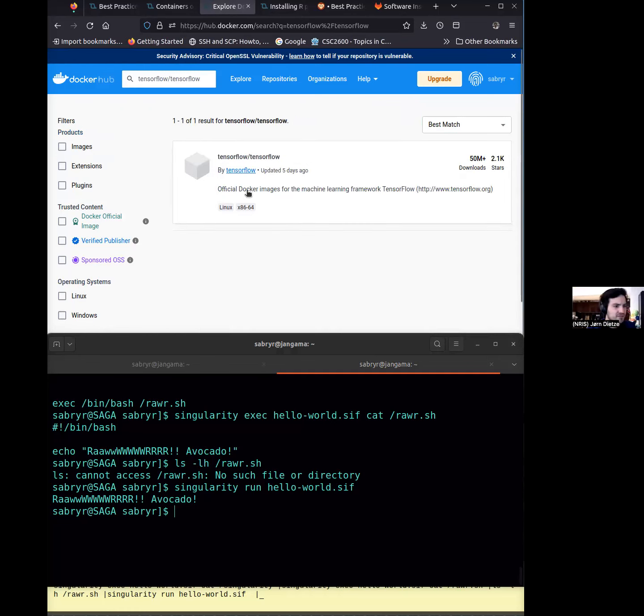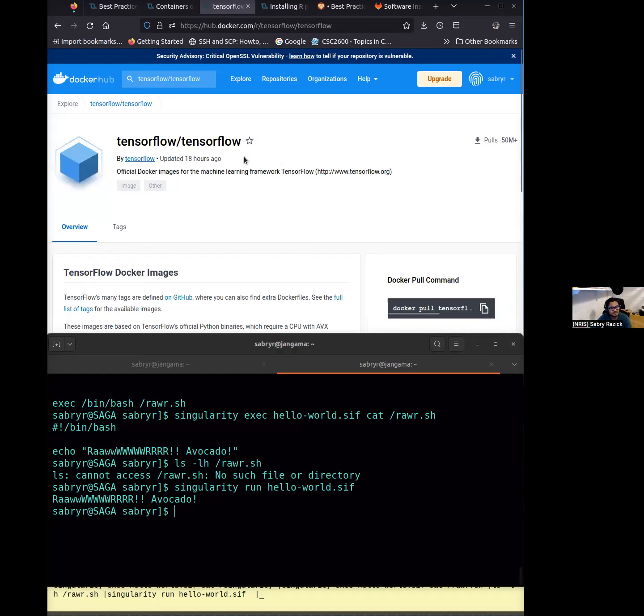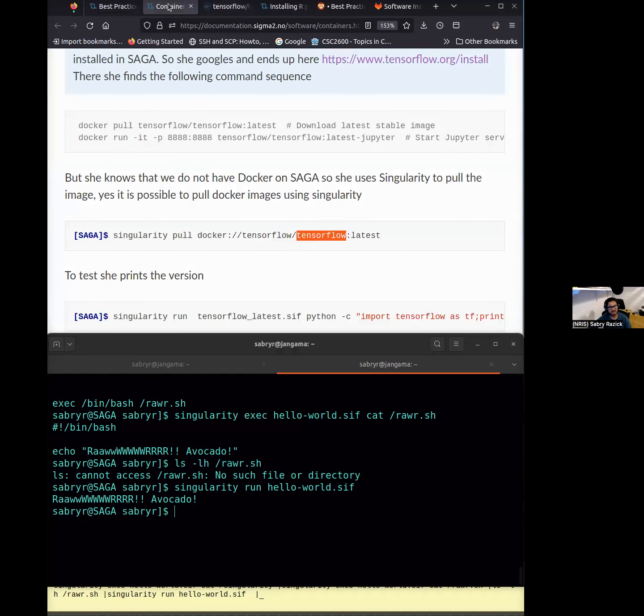I think that. Okay. So I found it. For me, the biggest problem with finding containers is that often you find, I mean, this one was updated 18 hours ago, and it seems to be an official one. But sometimes you find super outdated ones. So really try to check different locations and see if it's up to date and properly maintained. Yes, properly maintained and updated is a good thing to check. That's why there's a prerequisite for using containers. It's not just copy pasting, you should have some understanding.